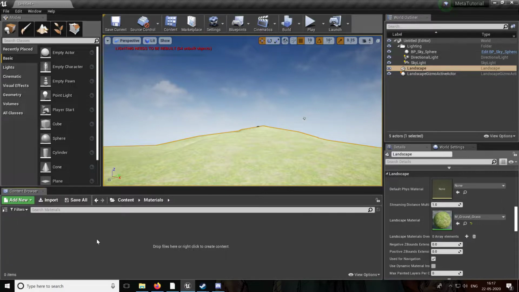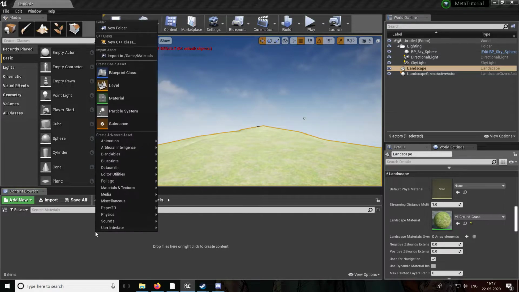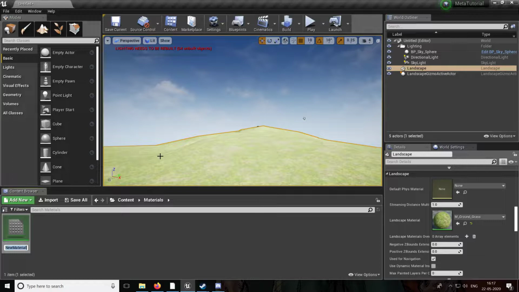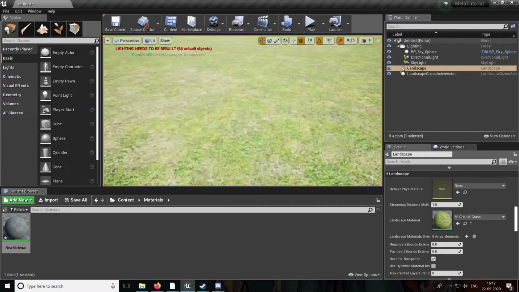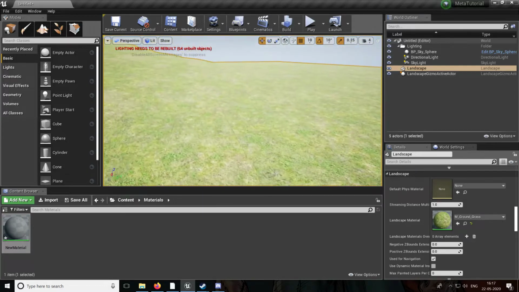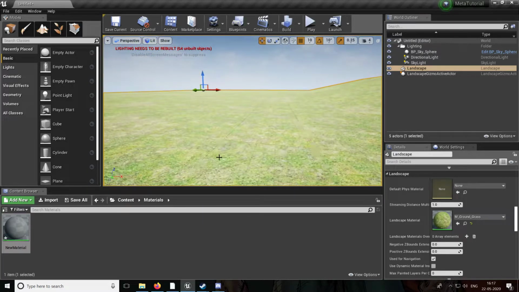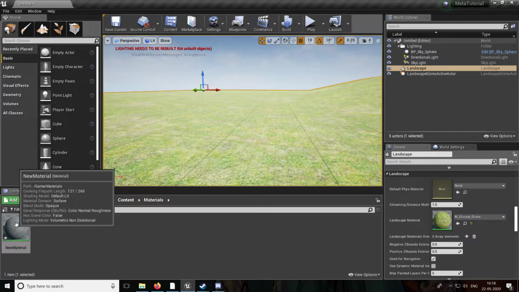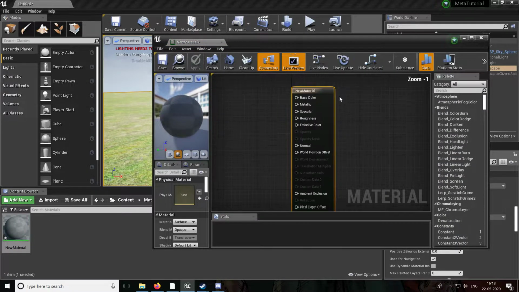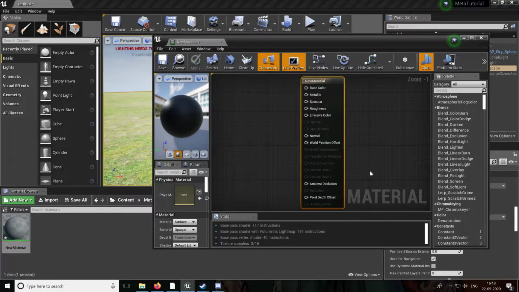I'm going to double click, then right click, material. I'm going to call this new material. So what we're going to do is create some sort of reflective material for our landscape. Obviously, in real life, you're not going to have mountains or whatever with reflection, but let's see how it works. I'm going to double-click this material, and as you can see, this is called the material node, right? So Unreal has a very specific graph editor, and as we do blueprints, you'll understand more about this graph editor too. But this is the way you edit a material, right?